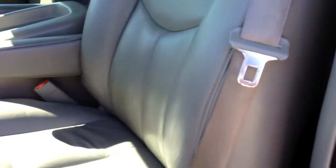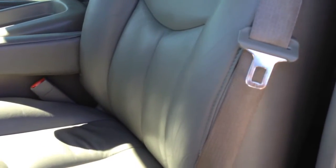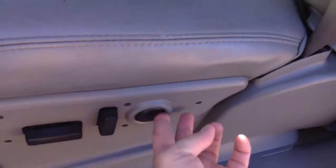Perfect. Let's see, seat back, up, back, whole thing slides back, forward, seat cushion up, seat cushion down. Perfect. Let's see if we can see, this is the lumbar. Let's see if it moves. There it goes. Yep, that's out, and that is in. All right, so lumbar works too. I see we're missing, this is common, we're missing right now. Just consider it selling without that, but generally we can make that happen. So